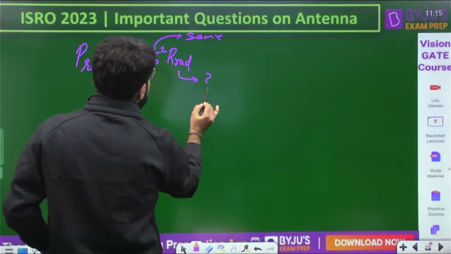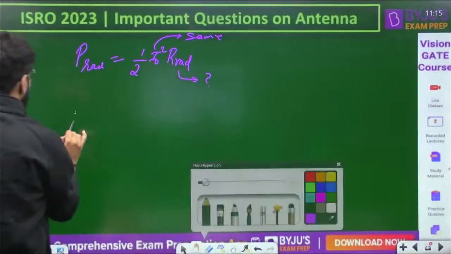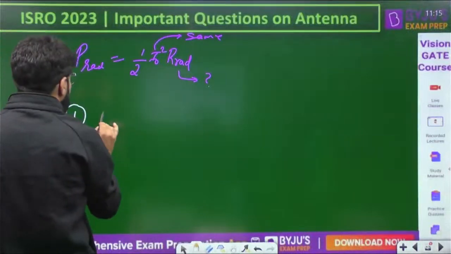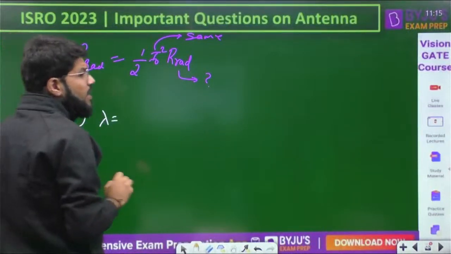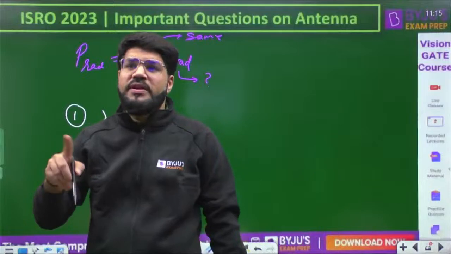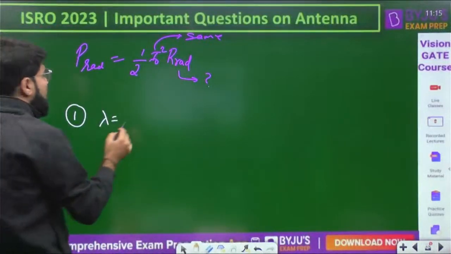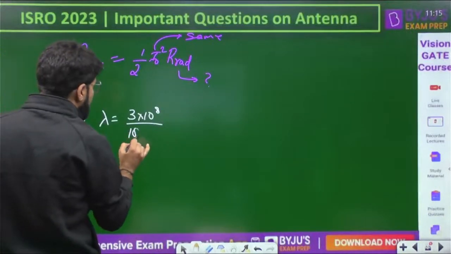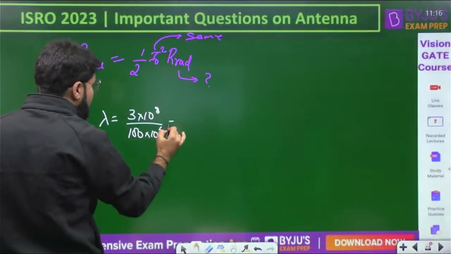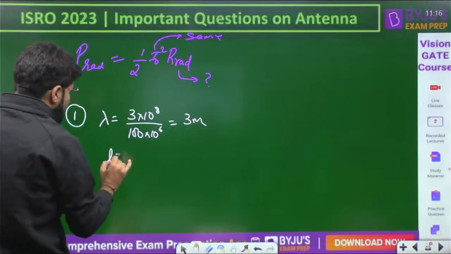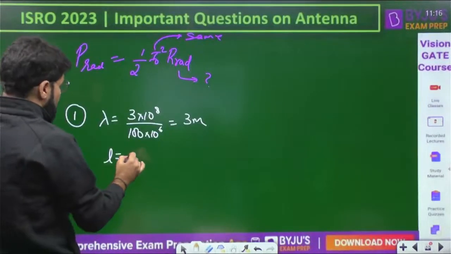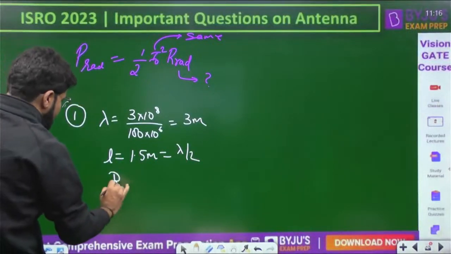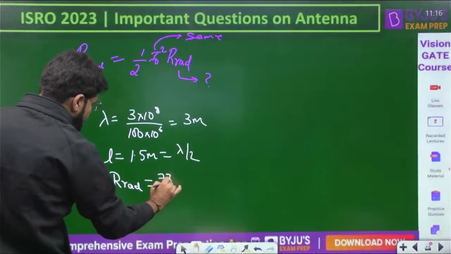Okay, radiation resistance, let's see for both of them. Case number one. There is a length of 1.5 meters and the frequency is 100 megahertz. So what is the lambda first of all? Length is to be compared with lambda, then we decide whether it is a half-wave dipole, a Hertzian dipole or what it is. Lambda is given by C by F, 3 into 10 power 8 divided by the operating frequency, 100 into 10 power 6. So 10 power 8 cancelled. Lambda is 3 meters. So length is equal to how much? Length is 1.5 meters, given, and that is lambda by 2. ये lambda by 2 है, so radiation resistance is equal to 73 ohms.